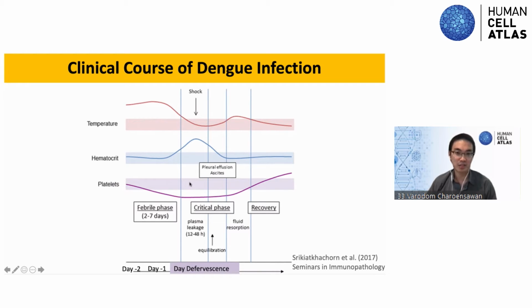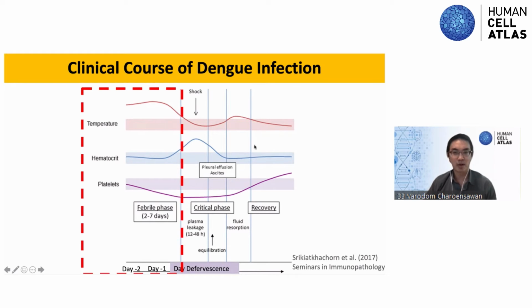Sudden drop of platelets, and that's actually when you can have the shock. So patients could face dengue shock and die in that day. The problem is that right now it's still very difficult to predetermine when this is going to happen, because that's when the healthcare workers have to prepare to give the patients enough fluid and so on to prevent the shock. So quite a lot of research has been focusing on the febrile phase